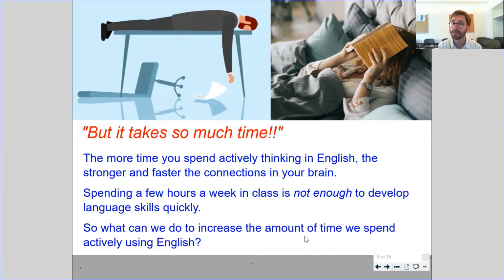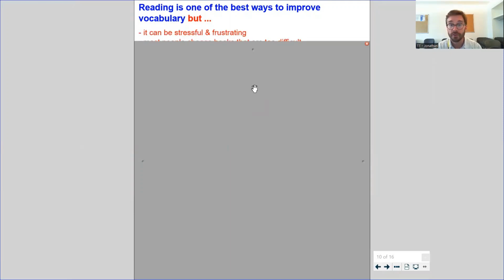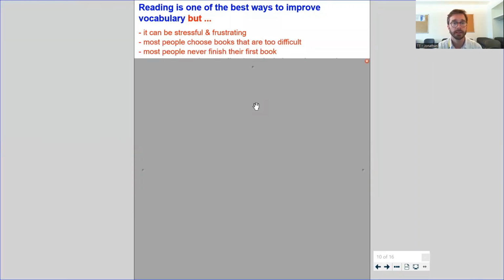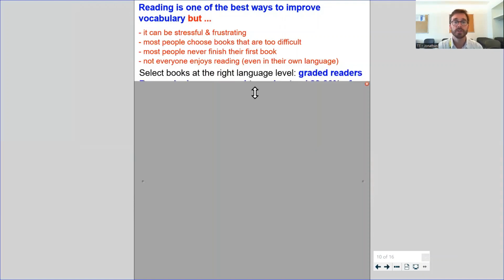Okay, did you get many? 2 or 3 ideas, maybe 4 or 5? Okay. So a lot of people talk about reading, and reading is definitely one of the best ways to improve vocabulary, but there is a big but here, okay? It can be stressful and frustrating. Most people choose books that are too difficult, okay? Most people never finish their first book in a foreign language, second language, and not everyone enjoys reading even in their own language. So if you are going to read, it's important to choose books at the right language level,